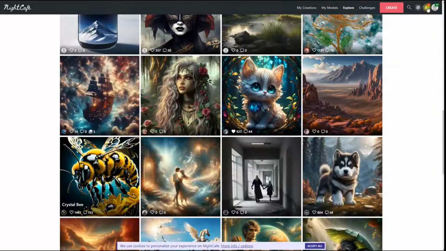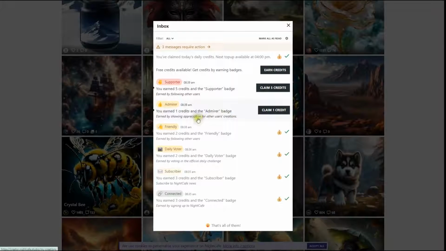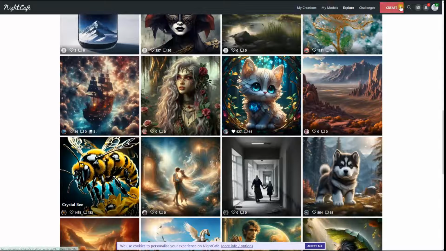I'm going to click on notifications and see what we have there. So we get more credits. Simply click on claim credit to receive those credits, and that's by being hospitable and being a supporter, clicking on those hearts, and clicking on the comments saying nice and follows, and also clicking on follow. There you get those credits, and you get those every day, by the way. At least 5 credits for the follows and the comments there.